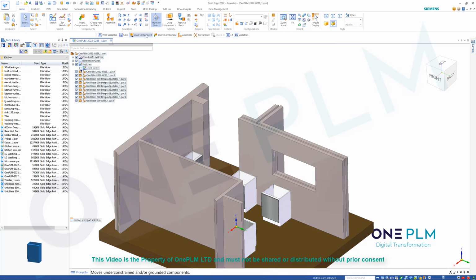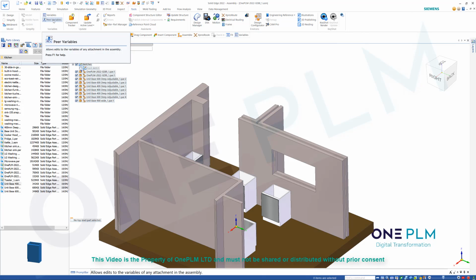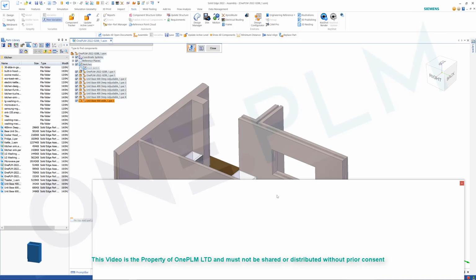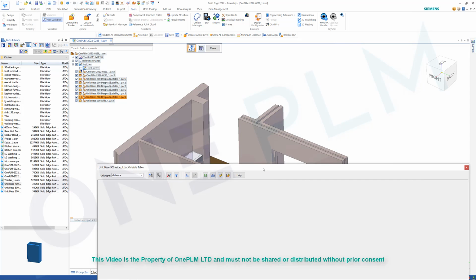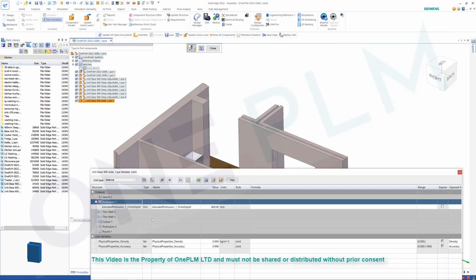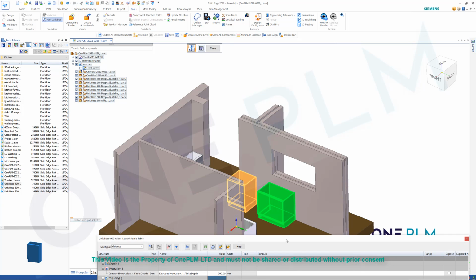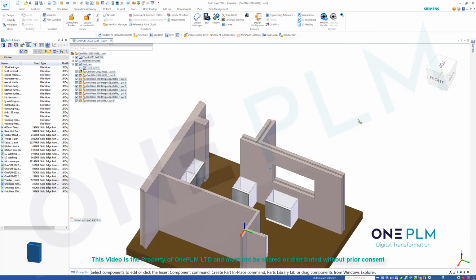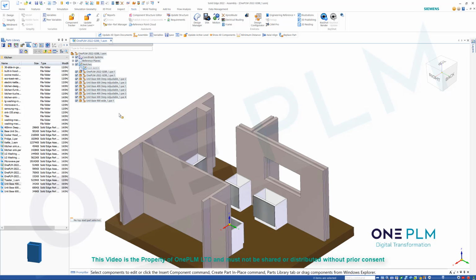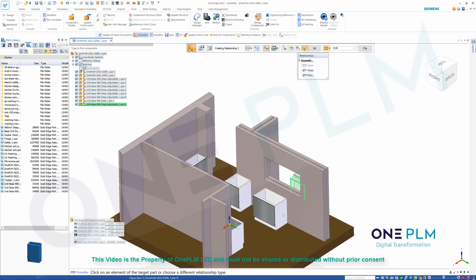So there's several different ways. We can go into the part. There's a real nice little tool that we've got called part variables that allows us to change a variable, a dimension of whichever part we click on. So if I click on there, that is now giving me my variable table. This might come up bigger, smaller, on a different screen, etc. But now we can see we've got that size on there, which I showed you earlier. So now I can change that size. I'll move that out of the way. You'll see that unit has now got bigger. So that has now created that file, and we've made that change, and it's adjusted its position to suit on there as well. So I can carry on and pop the rest of these units in,